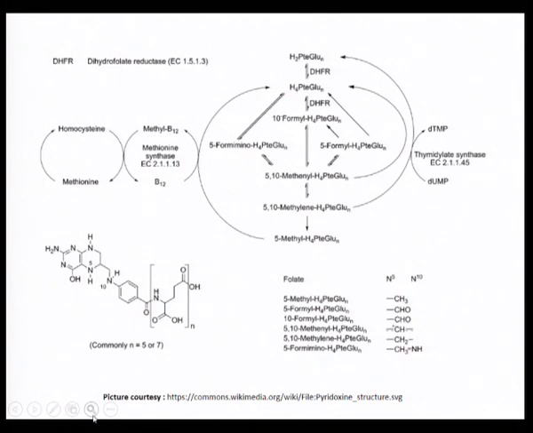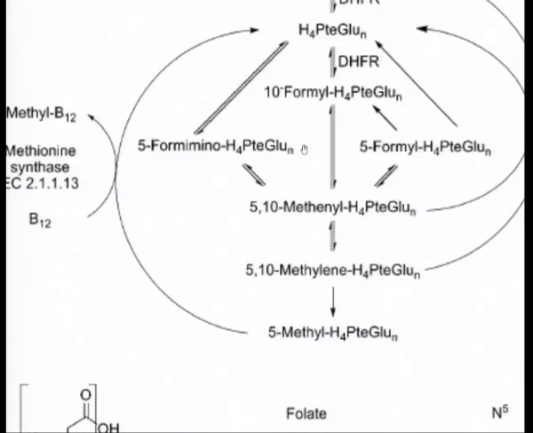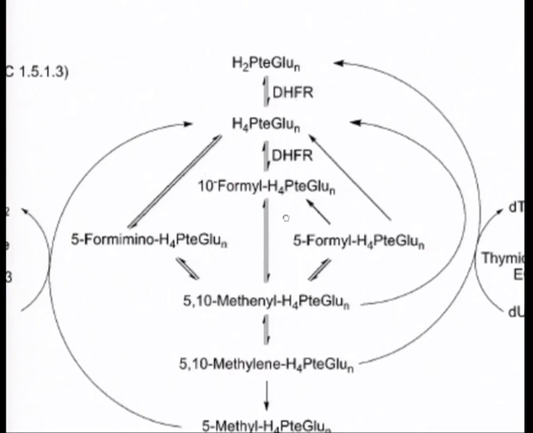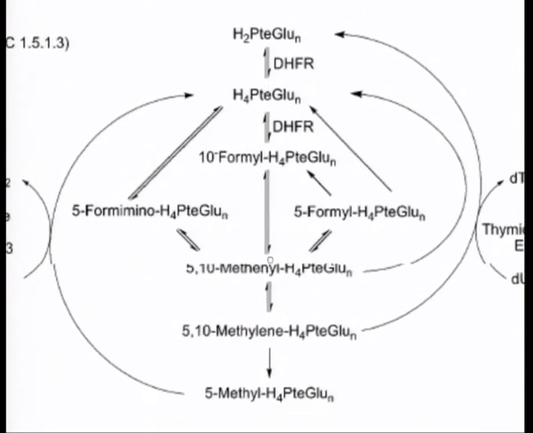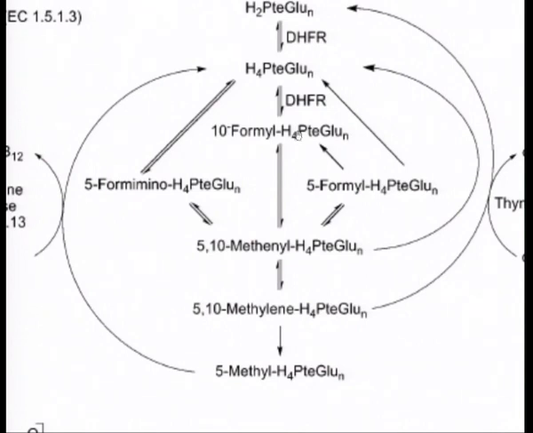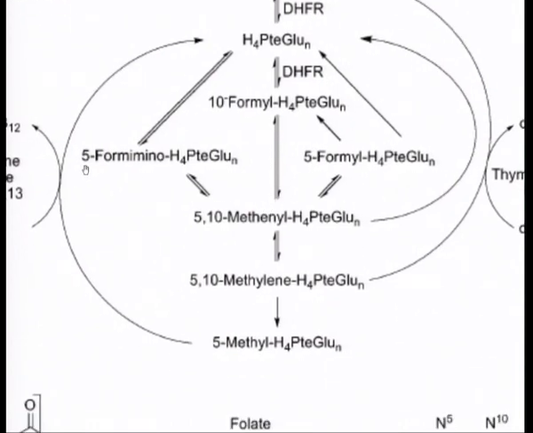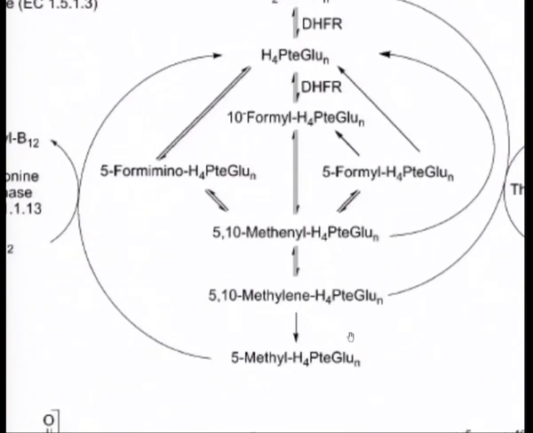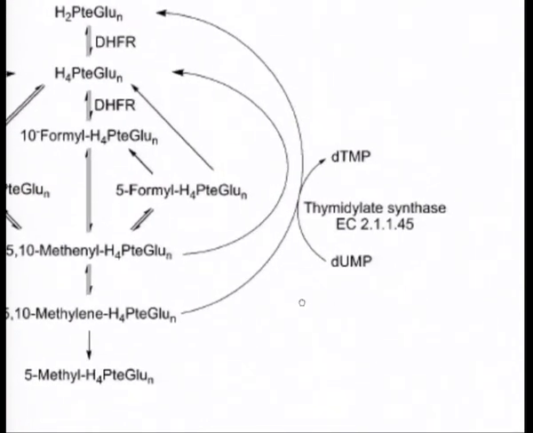Now again we are going to zoom in and see how this works. So you see there dihydrofolate reductase, and finally the 10-formyl derivative, and then you have a 5-formimino derivative, and here again you have 5-formyl derivatives. So in most of them it looks like it's a kind of reversible reaction. So this is the main pathway, and as you see over there,